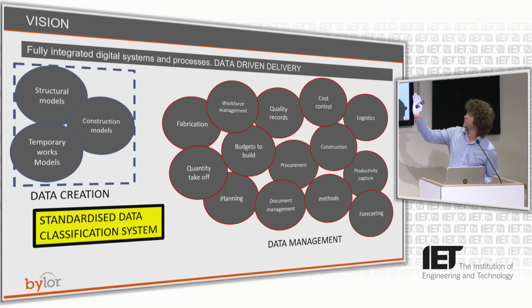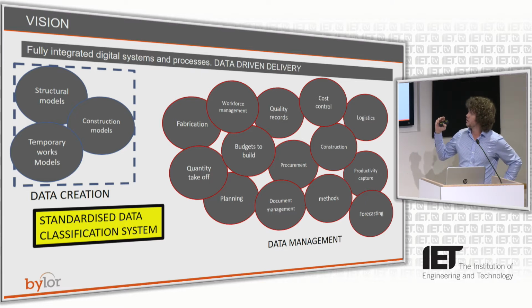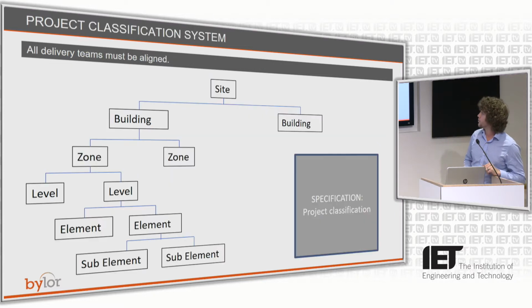That's why on the left-hand side, the design models, we've specified everything as IFC on the project, so they're the only models we receive. But if the data in those models isn't correct, then none of that on the right will ever come together in any ordered fashion. So the first thing we do to make it work, and this is sort of above the model really, but applied to the model,